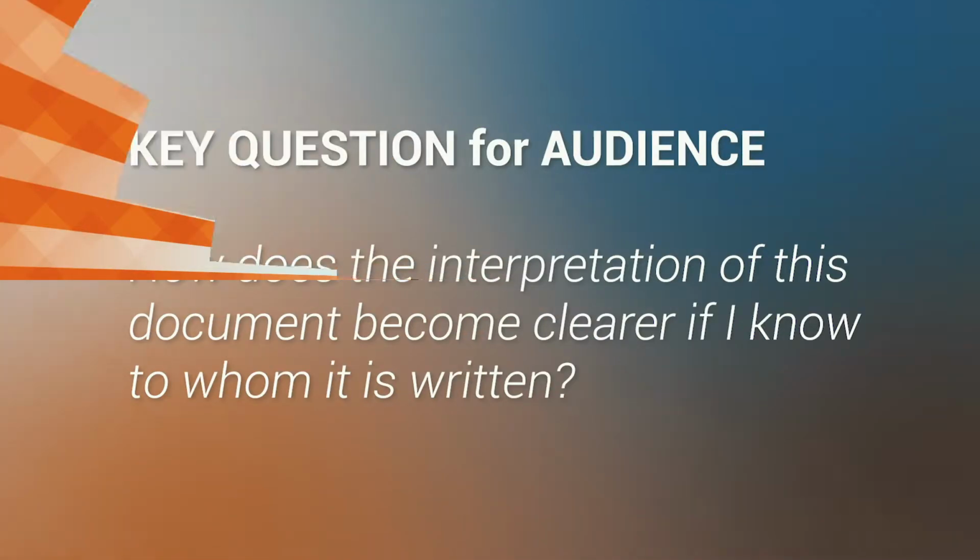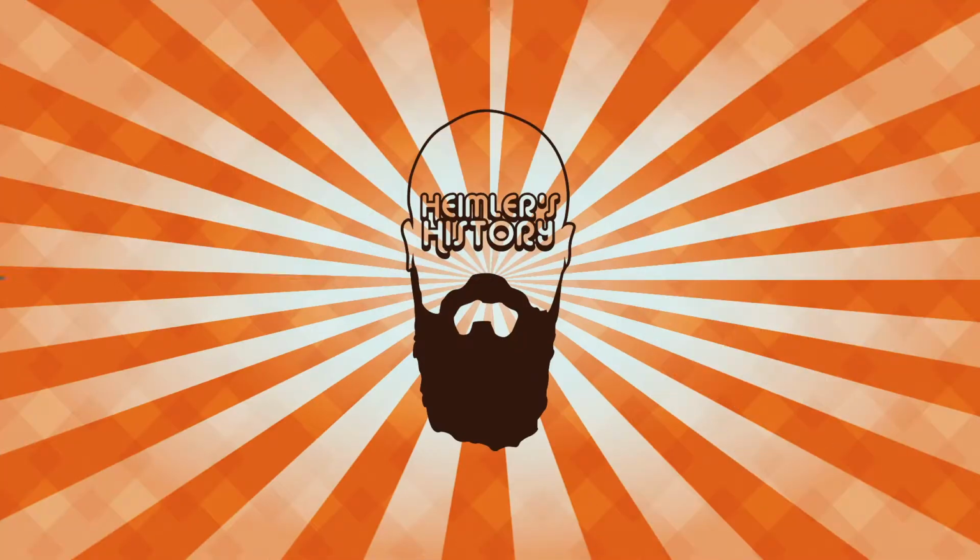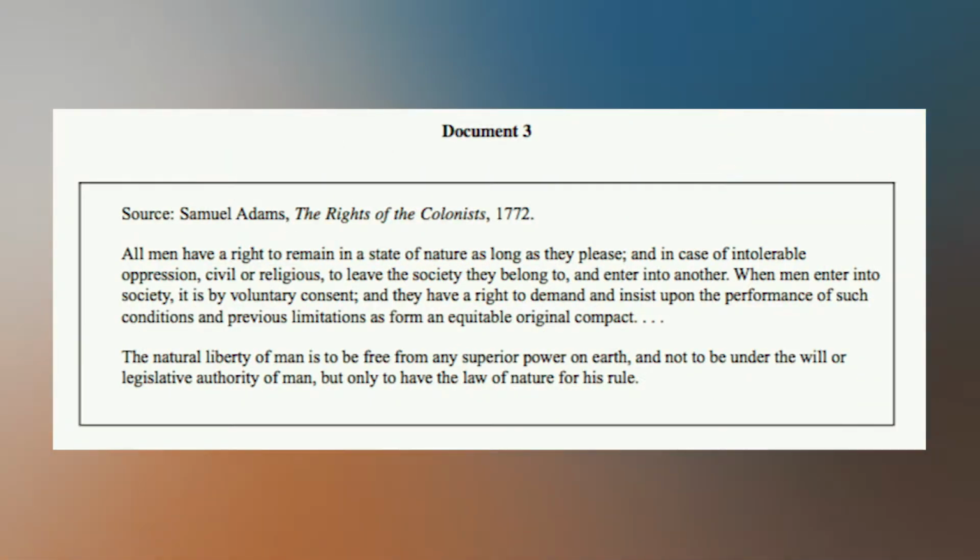Okay, to source a document for its intended audience, you need to answer the following question. How does the interpretation of this document become clearer if I know to whom it is written? Okay, let's read another document from the 2017 AP US History exam, this time from Samuel Adams. Okay, as you can see, the source is Samuel Adams, and it's from something called The Rights of the Colonists, 1772. He says,